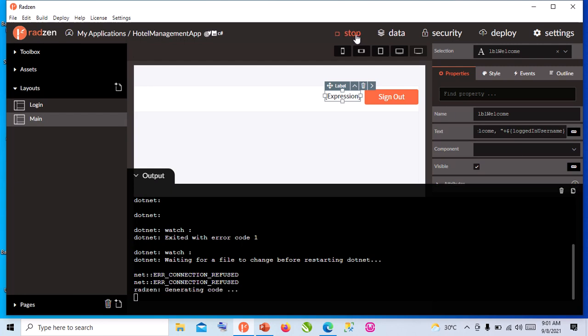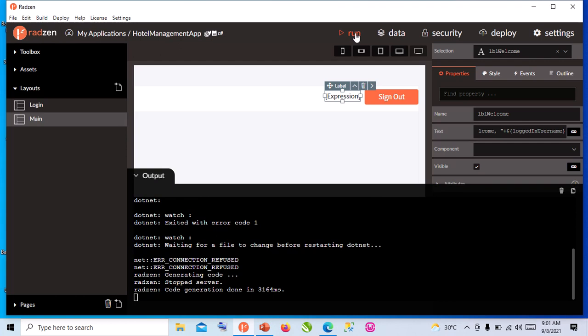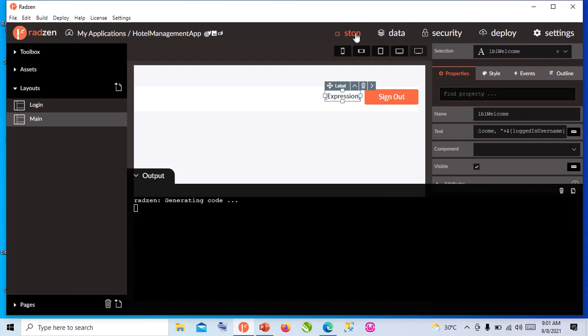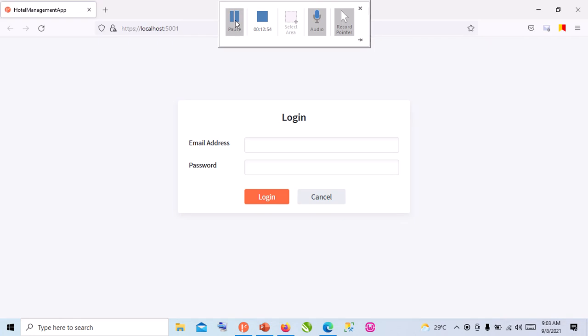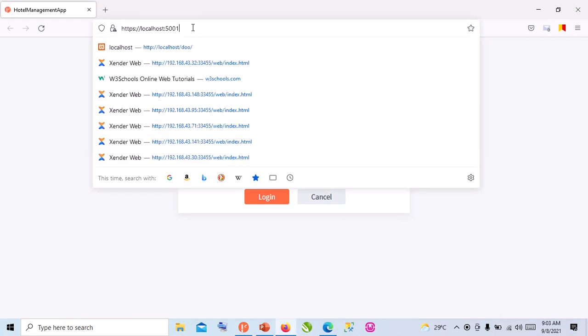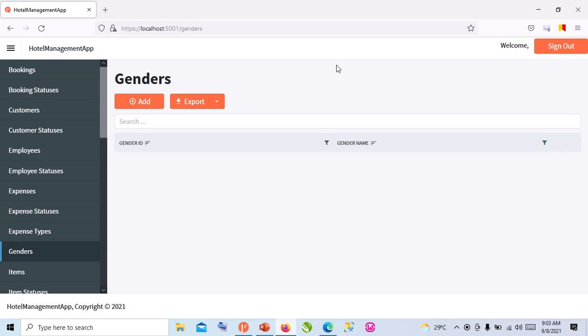Let's stop. Let's run the app again. Okay. Run. So here we have our app. It has started. Let's call the genders page by altering the URL. Okay. Now you can see it says